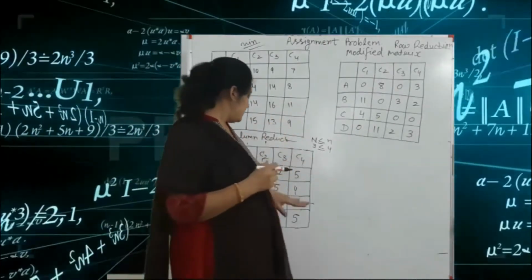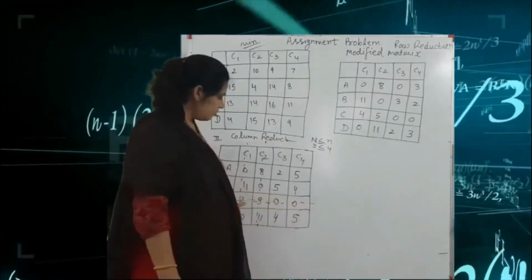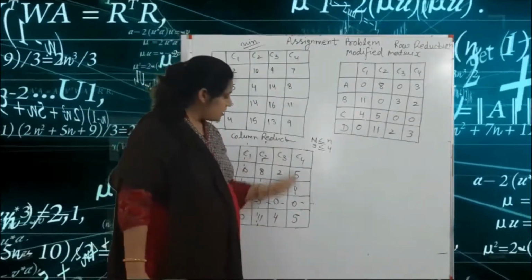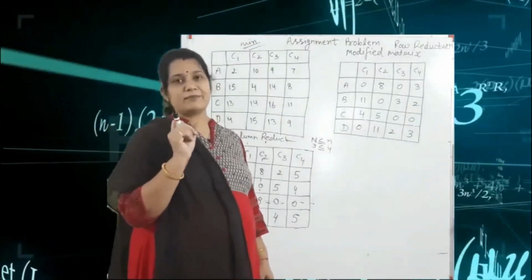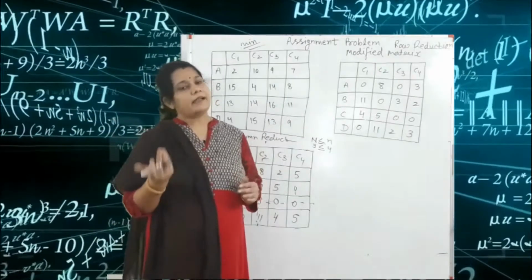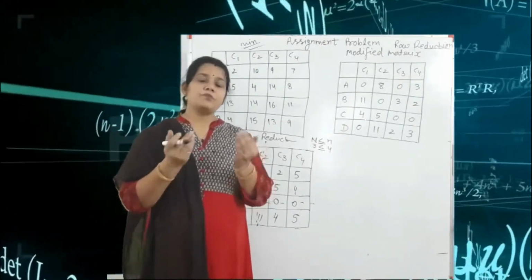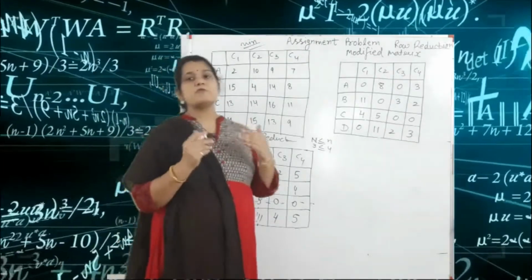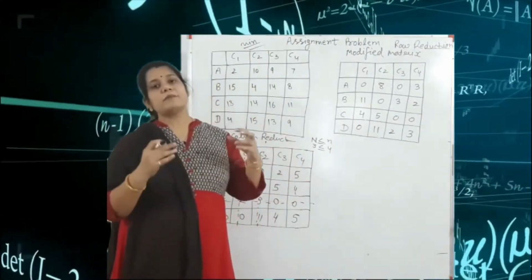In case, for example in this matrix, if we draw one horizontal line, it covers 2 zeros. Sometimes you draw two lines and cover the zeros, but then our non-degeneracy is not satisfied, because capital N must be equal to 4. That means the total number of lines in the square matrix must be 4. If we make the assignment otherwise, we get the wrong answer. So always keep in mind, we use the minimum horizontal and vertical lines and cover the maximum 0s.